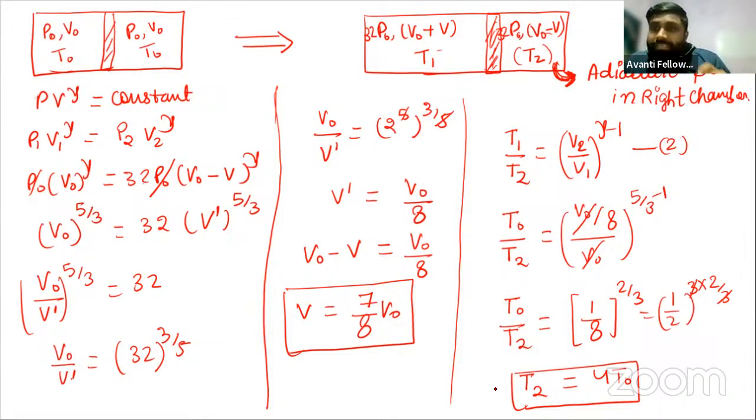But one of the things that is constant here, what is that? Tell me if you are able to do this. What is not changing in the left chamber is the number of moles of gas. So 1 mole is present here. Whatever the expansion, the number of moles will remain the same because mass is conserved. So we can say that the number of moles in the left chamber remains